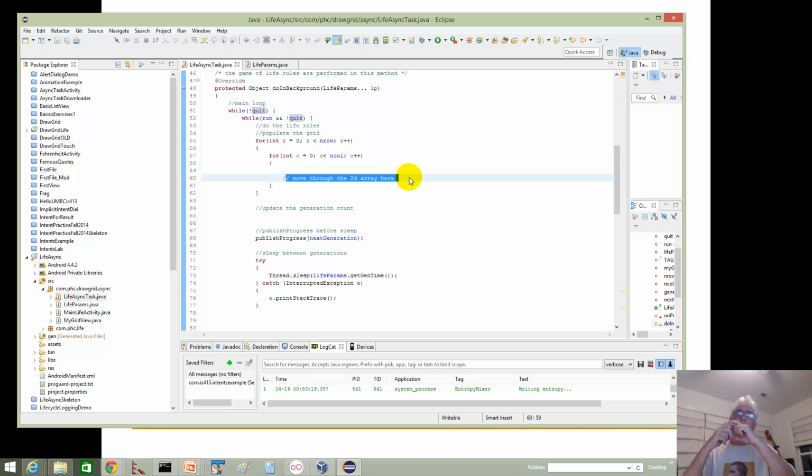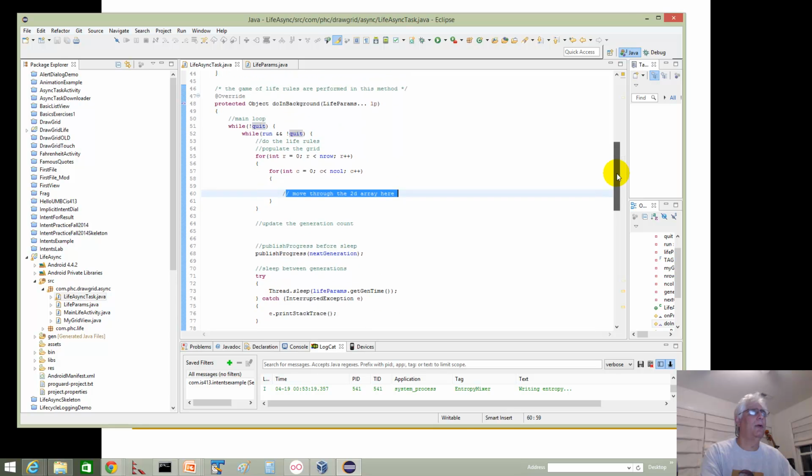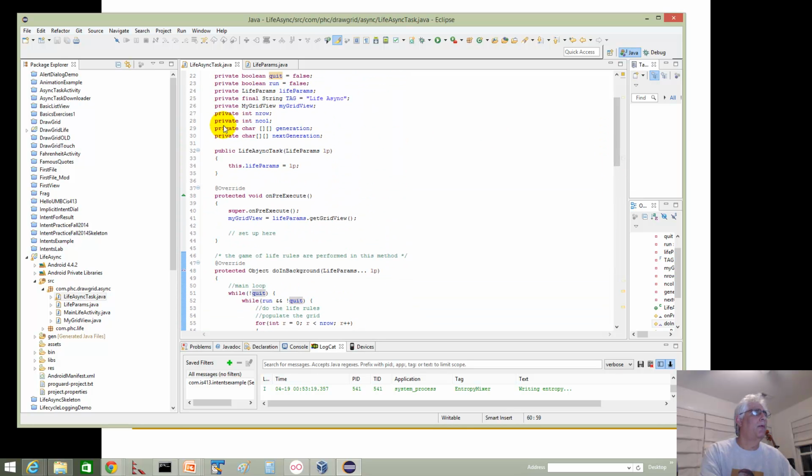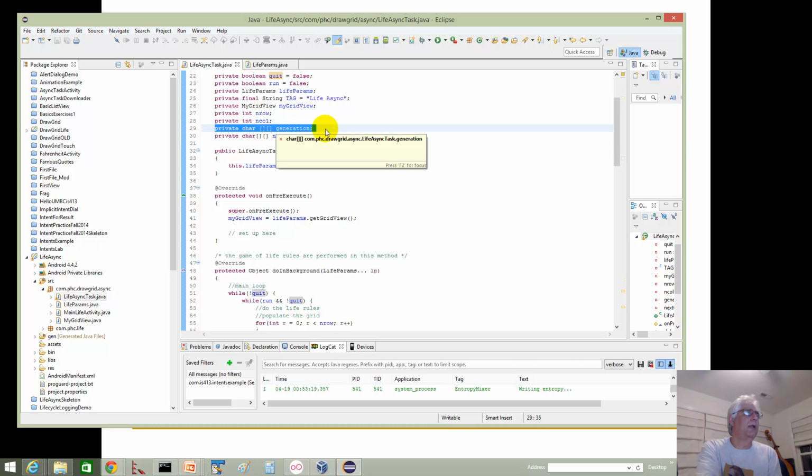Then I'm going to count the number of neighbors, and once I'm there, I'm home free. I count the number of neighbors, and when I'm moving through this 2D array,